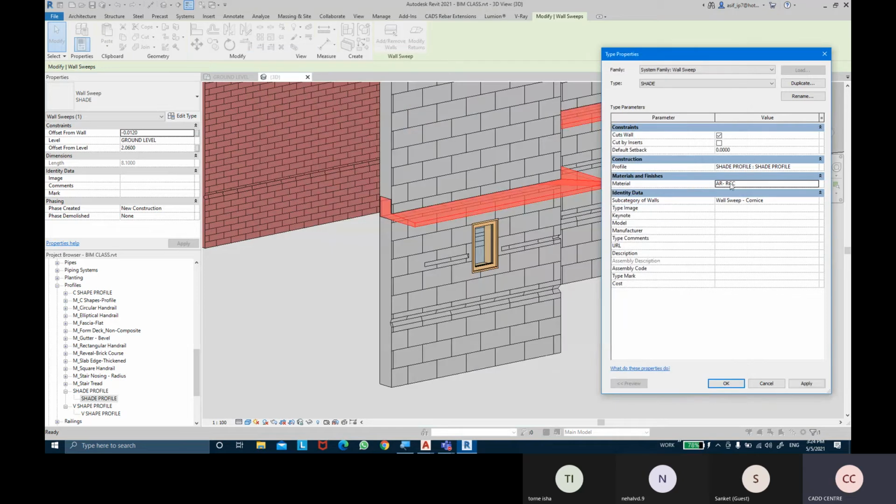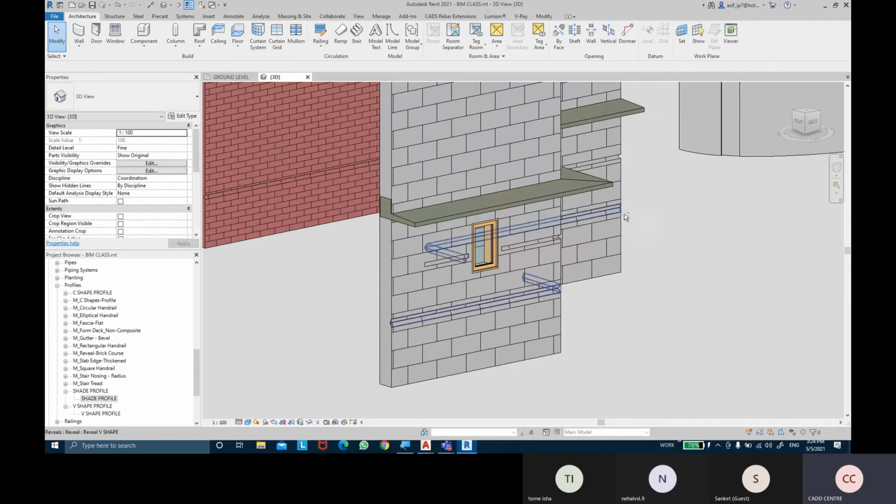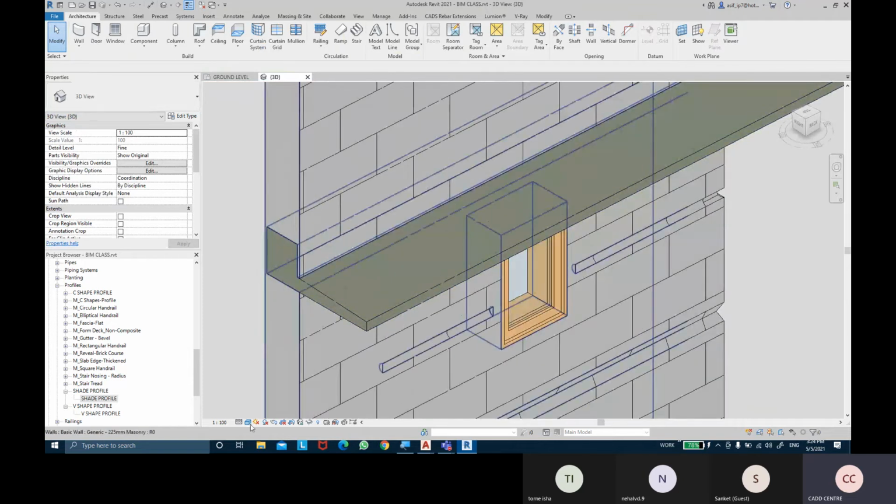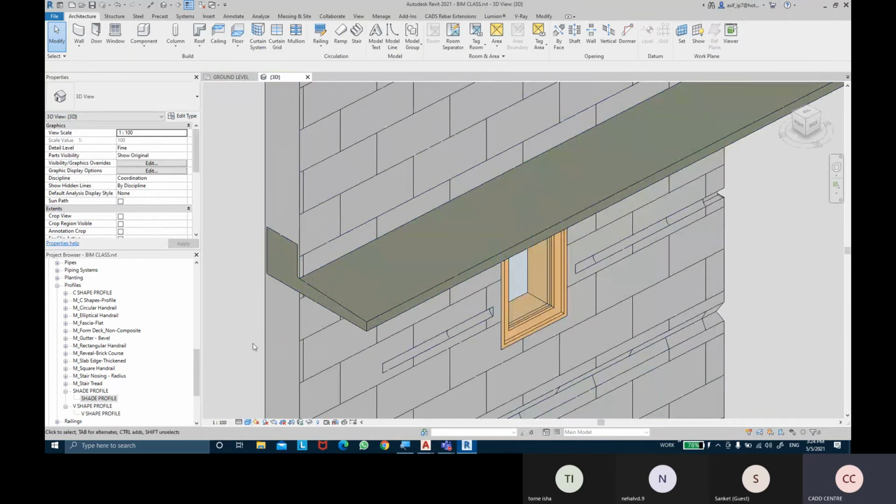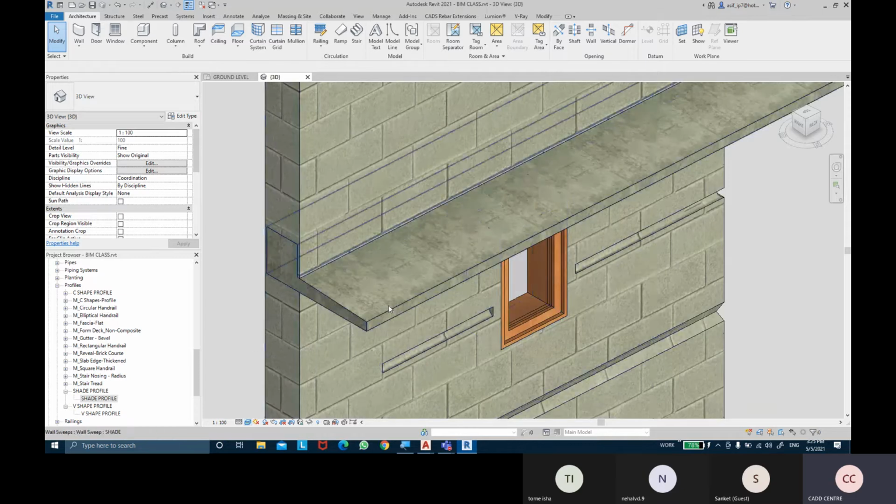Apply. Okay, so you have the material now. You can apply it and click on OK. Switch this mode to realistic. There we go.